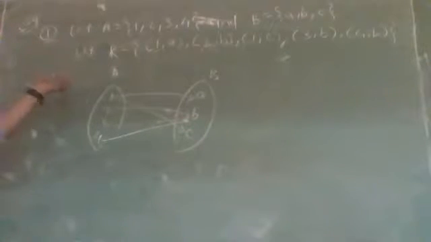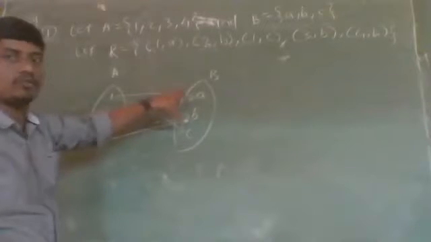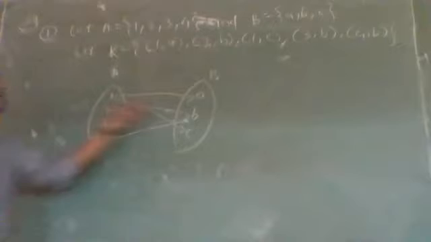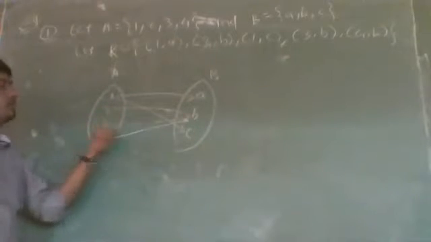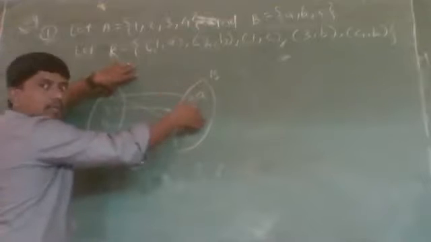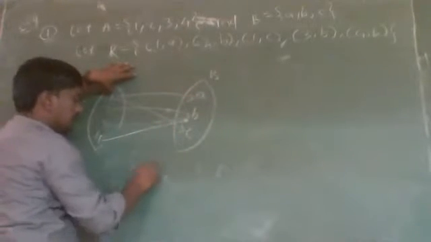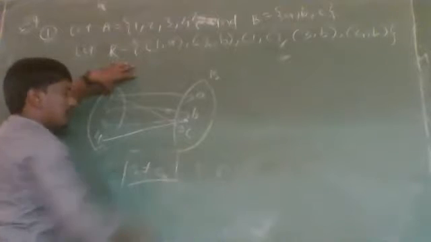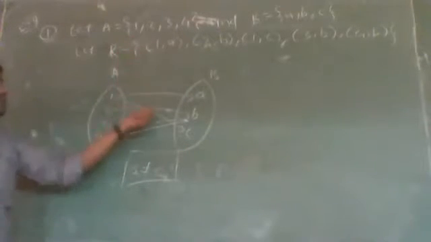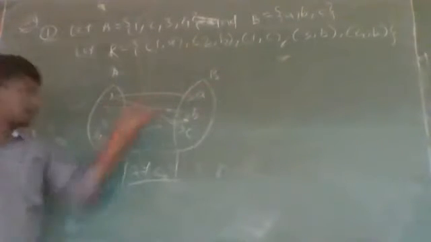Now, the first condition of the definition of a function holds, each element in A has an image. Now it remains to check that each element in A has a unique image in B. As 2 has a unique image which is B, 3 and 4 also have unique images which are B. But element 1 has two images in set B, which are A and C, and A and C are not equal. So element 1 has two images in set B, which does not hold the second condition of the definition of a function, and hence this is not a function.